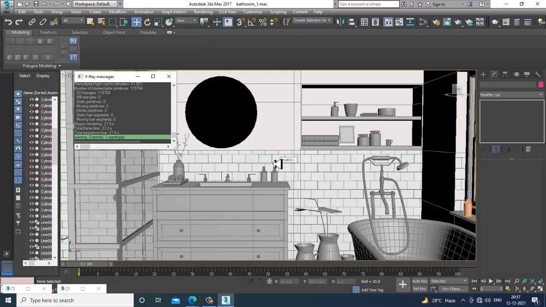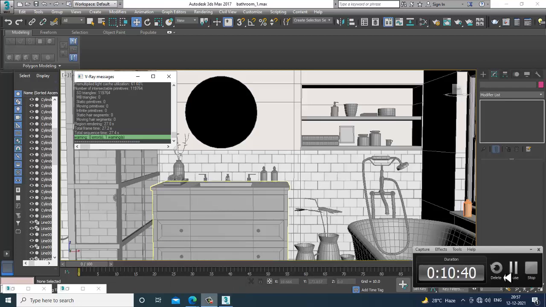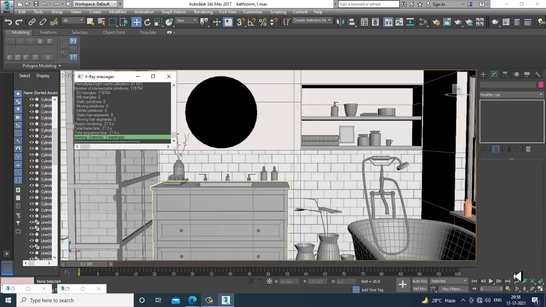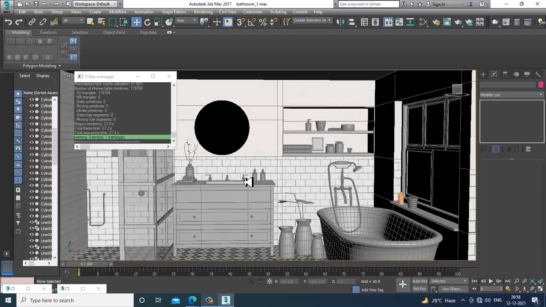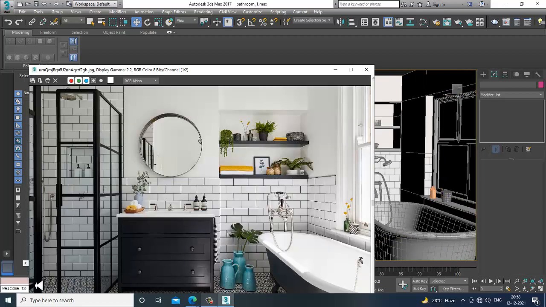Save your file again over here. We have added this mirror material.